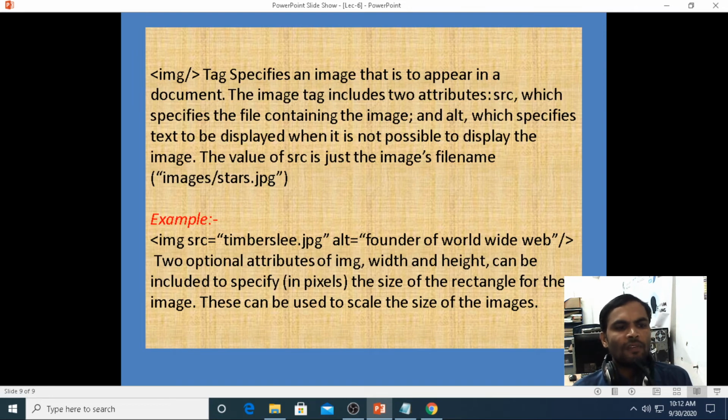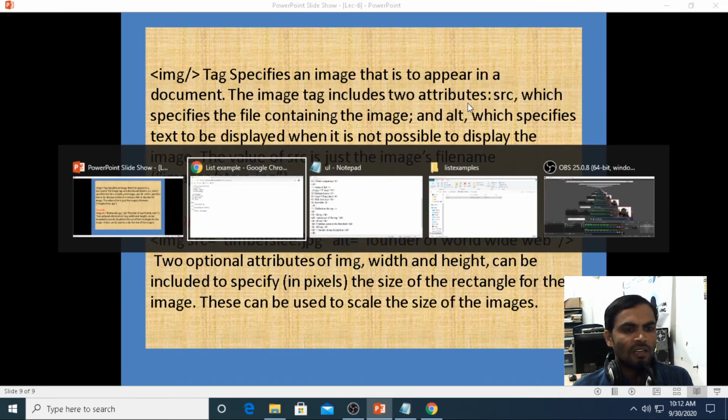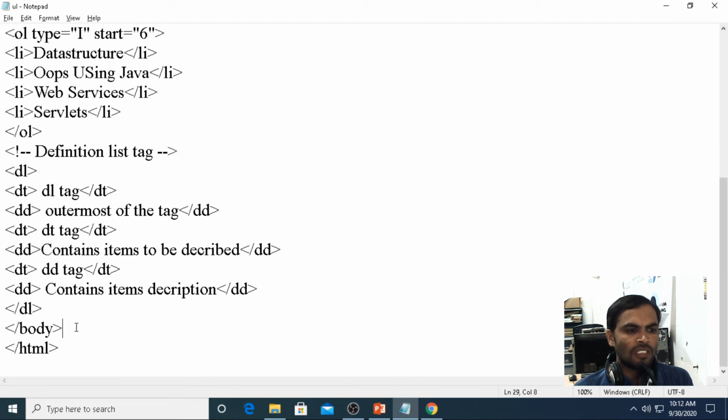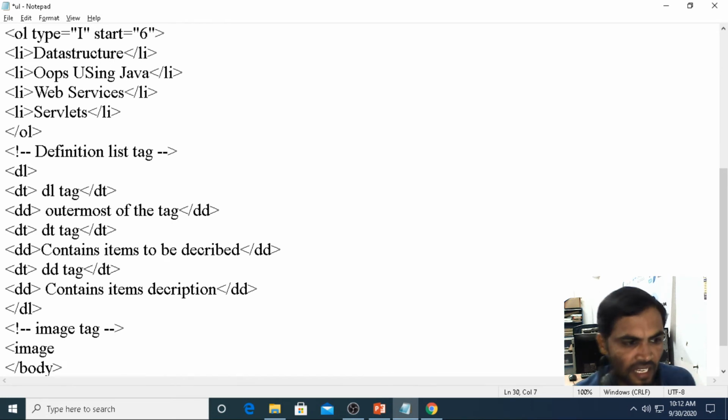For example, now we are using the image tag in our example, under the DL. Image is an inline tag.